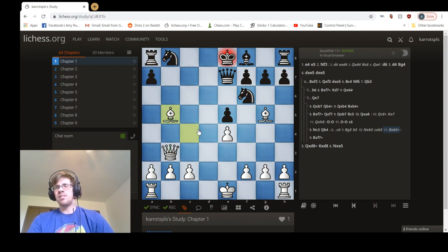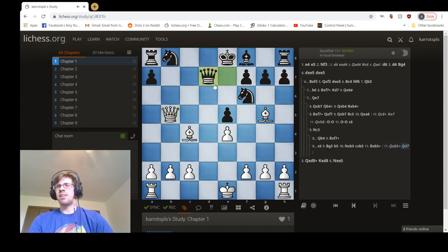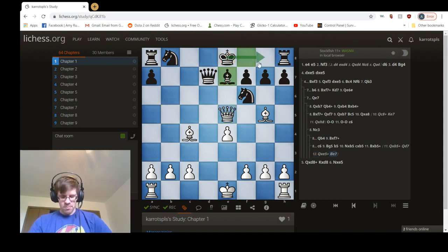If they take with the queen, black just has more options. If they take with the queen, black can defend here with the queen. And we can take this pawn, but then after bishop e7, black's ready to castle. Black would be ready to castle there, and